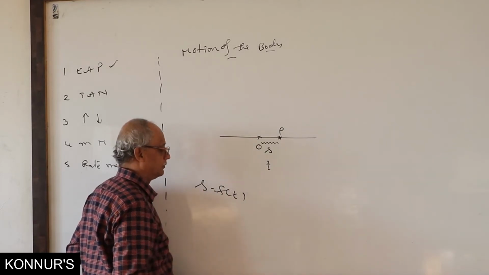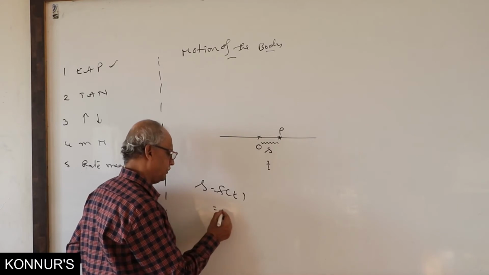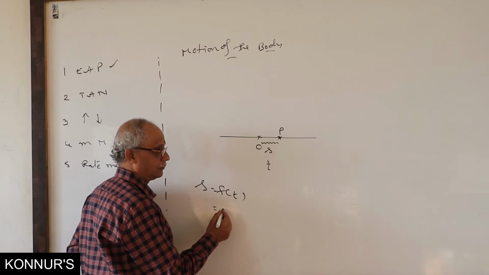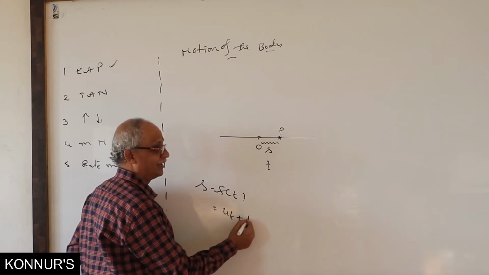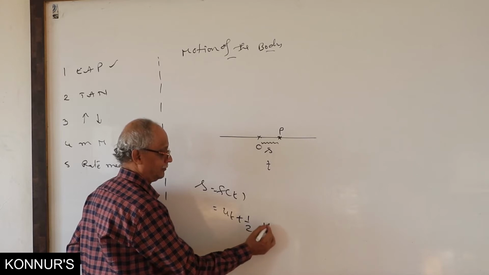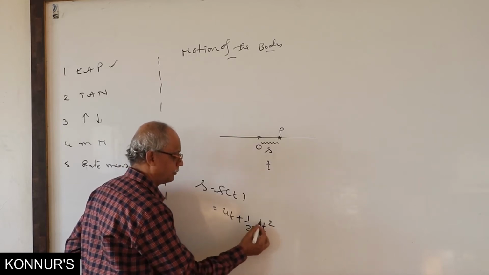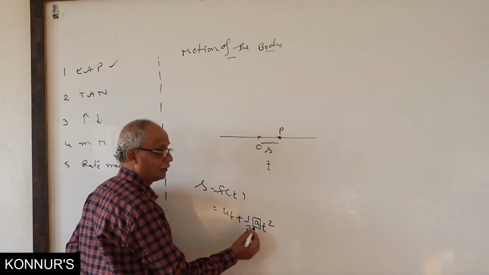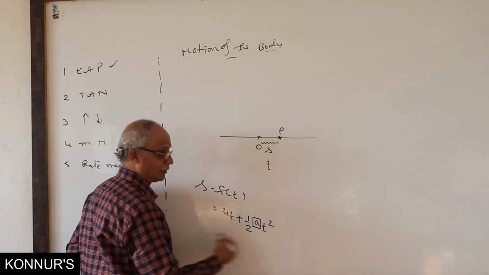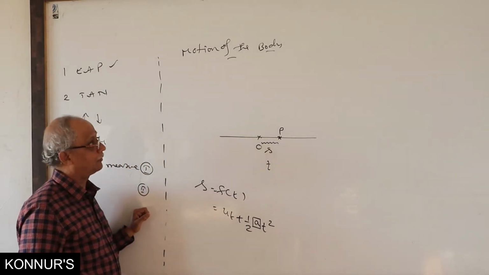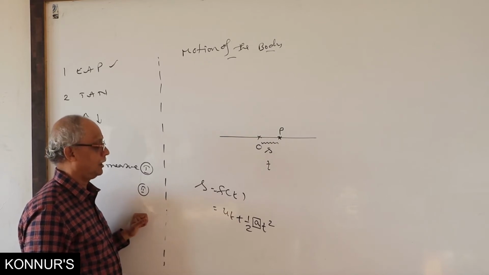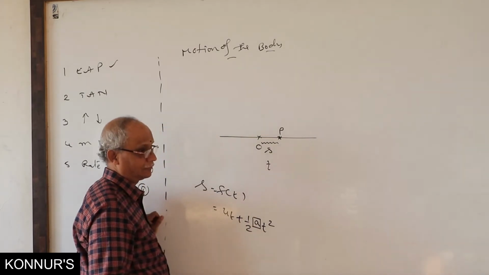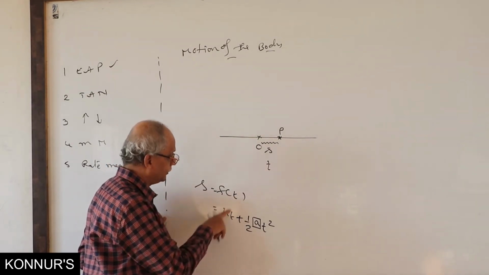Hence, this f(t) can be in any form actually, it can be in any form, an algebraic function. For example, if I write one function here, ut plus half at squared. What is this a? Acceleration, because it is linear motion. Suppose if I go for freely falling, what is a? You cannot write a; a becomes g. Okay, one relation between S and T.